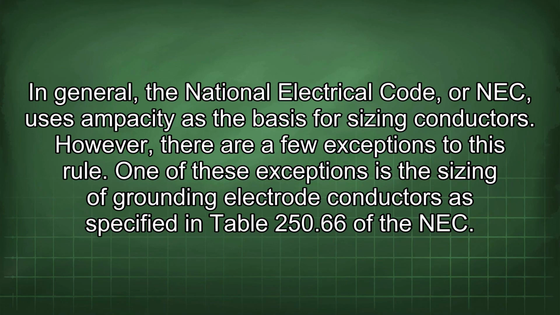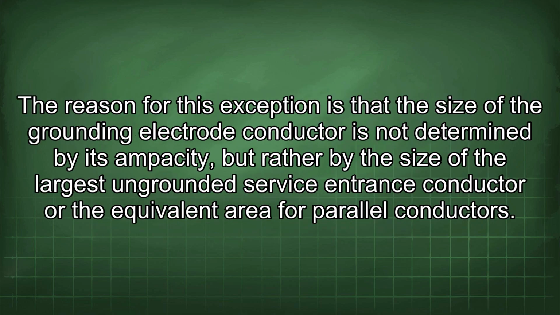In general, the National Electrical Code, or NEC, uses ampacity as the basis for sizing conductors. However, there are a few exceptions to this rule. One of these exceptions is the sizing of grounding electrode conductors as specified in Table 250.66 of the NEC. The reason for this exception is that the size of the grounding electrode conductor is not determined by its ampacity, but rather by the size of the largest ungrounded service entrance conductor or the equivalent area